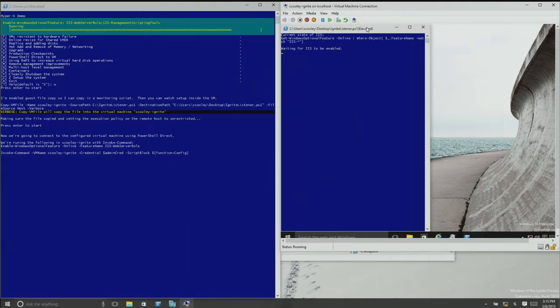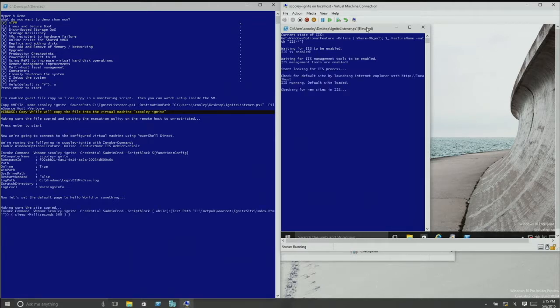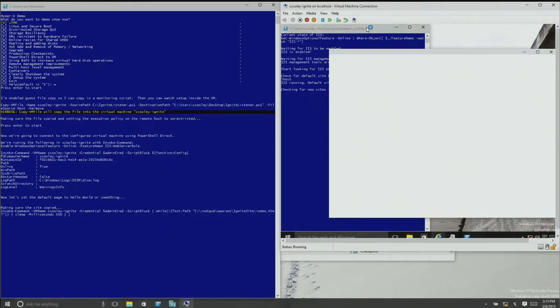We have a single script that builds a domain controller, scale-out file server, multiple clusters, multiple workloads, and it's only about 200 lines of PowerShell code, because with a single script, we're able to do stuff both in the host and inside the virtual machine. Yeah, so remember, at this point, we have changed the execution policy, we enabled IIS, we've